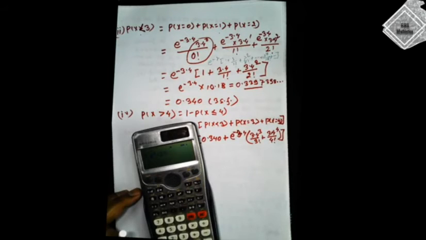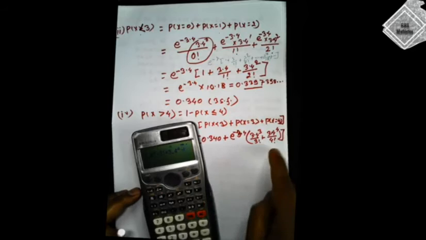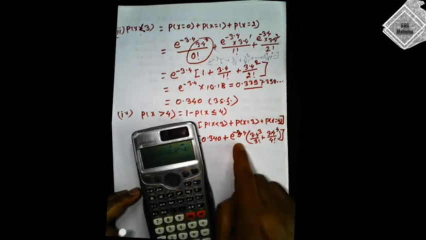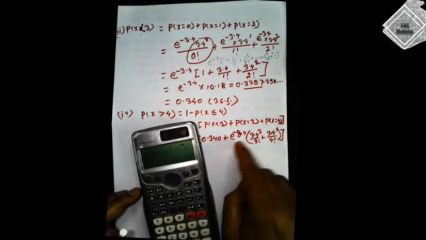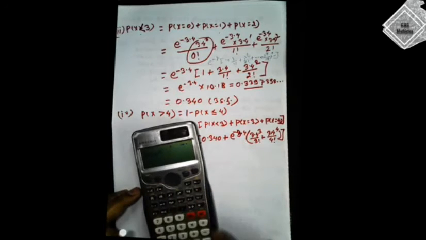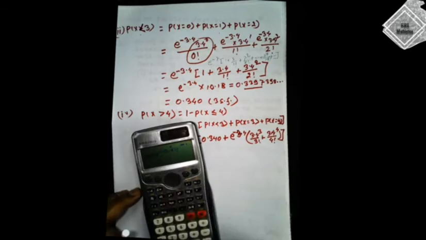Then plus 3.4 to the power 4 divided by 4 factorial. So 4, then shift factorial, and our answer is here. Now I'll multiply by e to the power negative 3.4. So shift ln, bracket, negative sign 3.4, close the bracket,